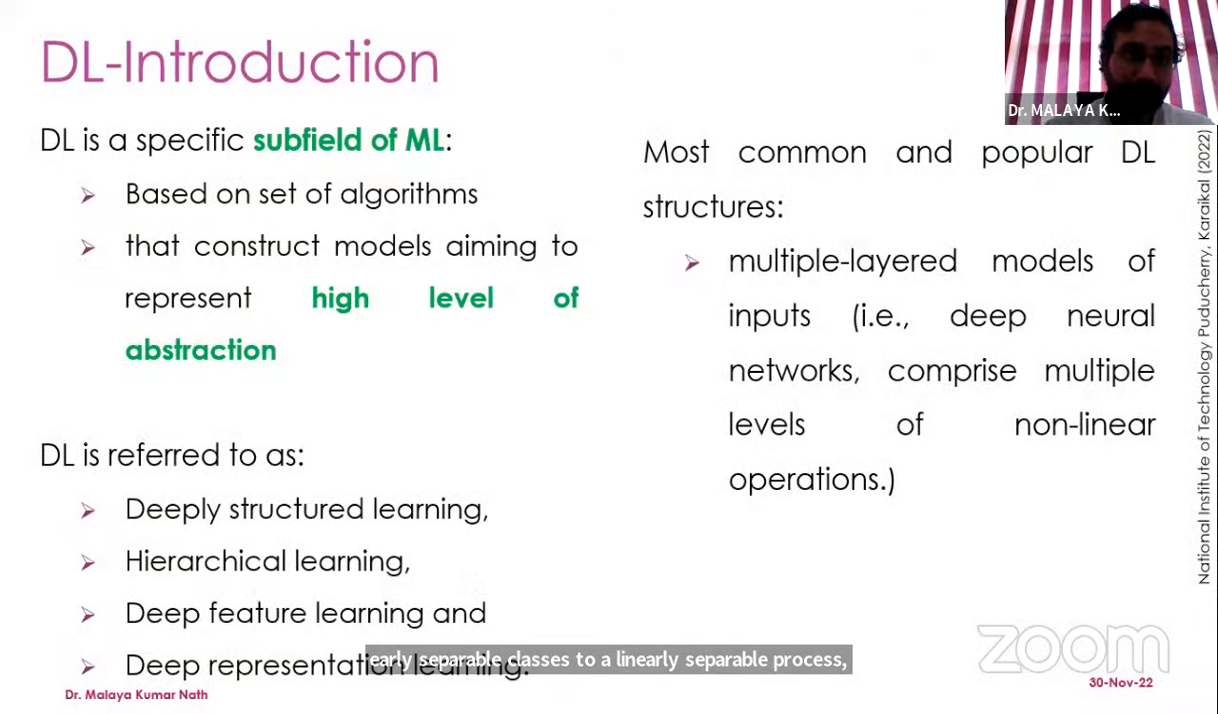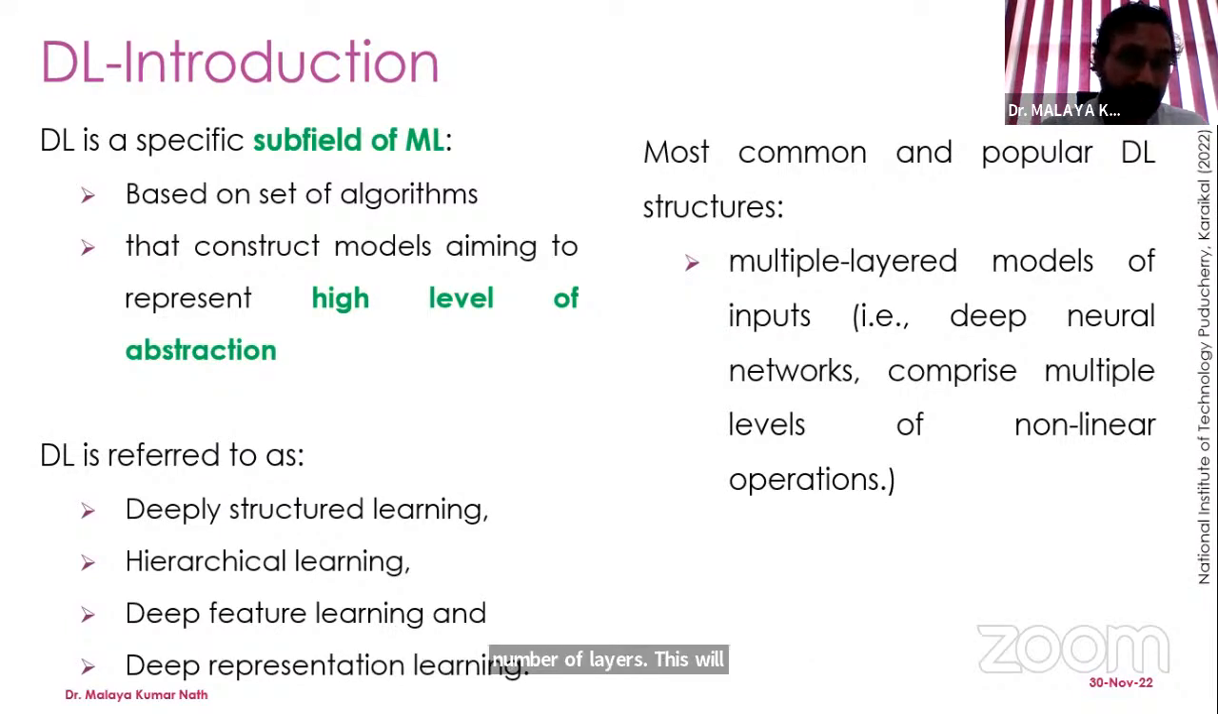So in the previous lecture, we discussed that we are using a radial basis function to convert non-linearly separable classes to linearly separable classes, so that we are able to do the classification, and this can be achieved by a multi-layer neural network. Whenever we are talking about more number of layers,